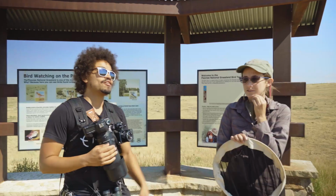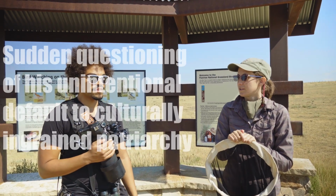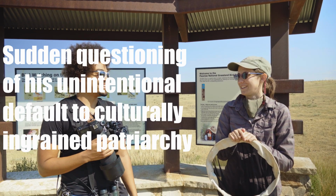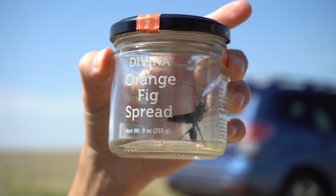burrowing owls. Maybe we'll see our state bird out here, Mr. Lark Bunting. And Mrs. Yeah. They're both the state bird. Megan's got her bug net with us today too, so we can get some other flying creatures that are not